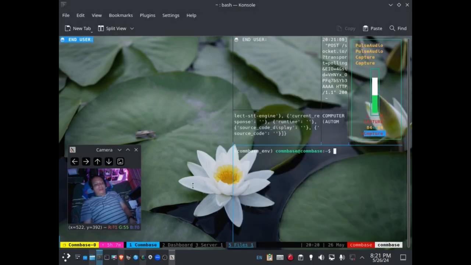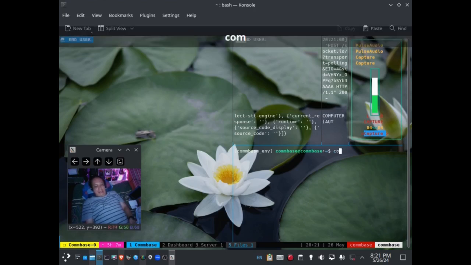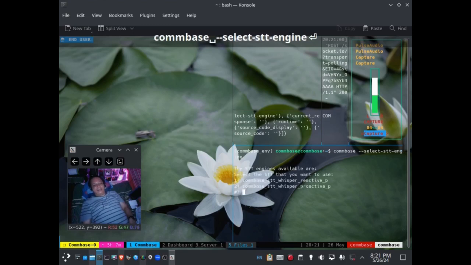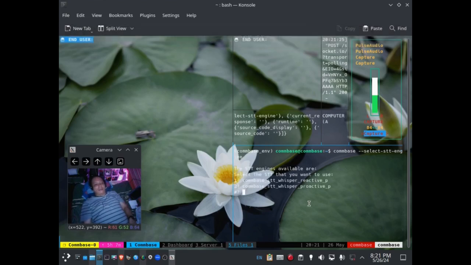So now we have two microphones, right? And both are active. We're gonna switch from the reactive STT engine to the proactive STT engine like this, using Combase, Select STT engine. The idea is to have these commands as voice commands and terminal commands so you can use them in your own applications, and also as built-in commands for Combase.